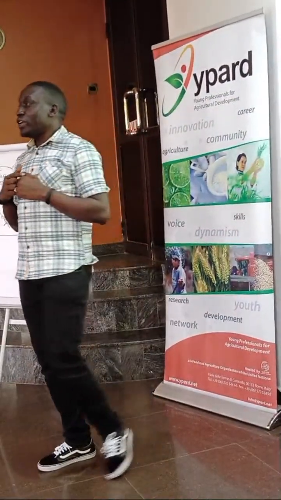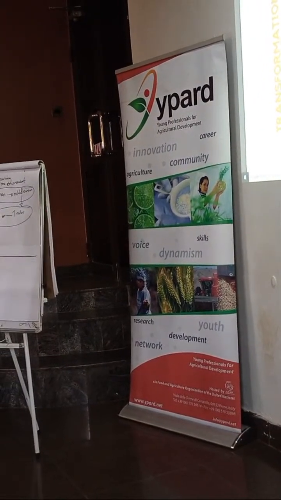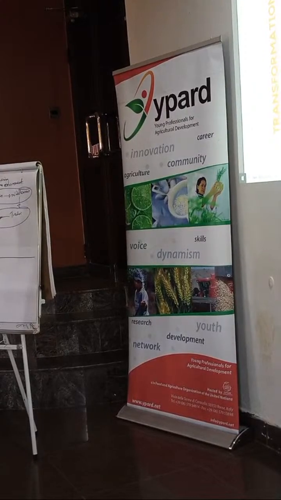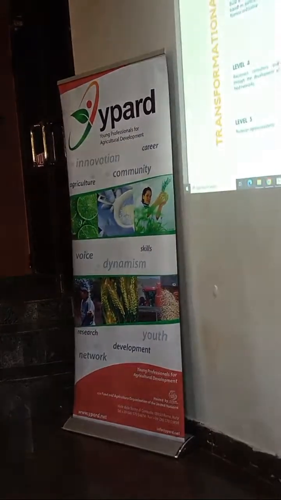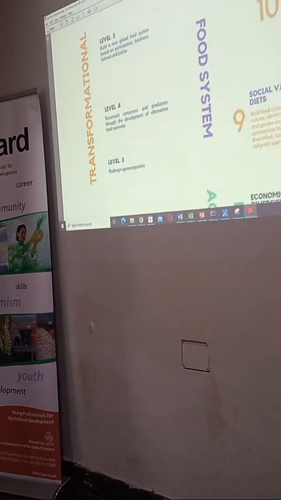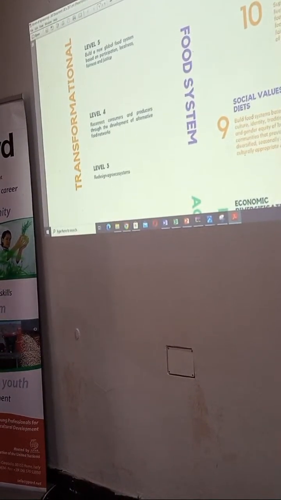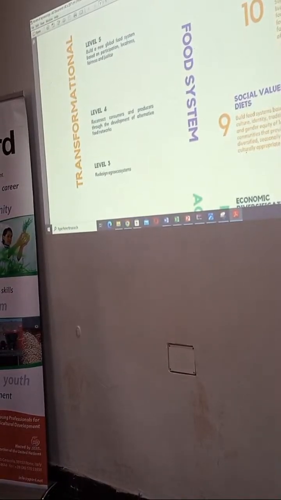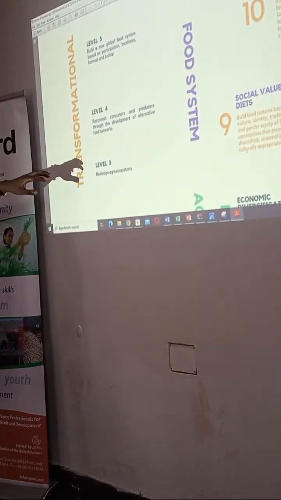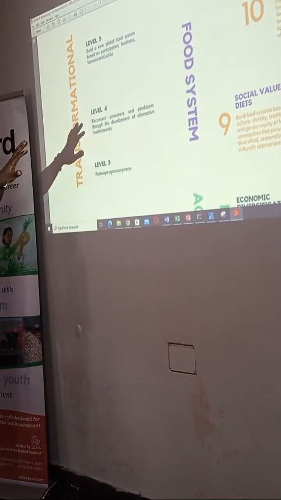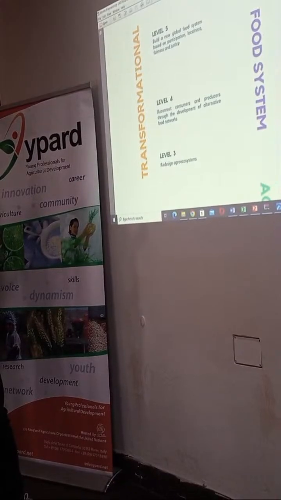But I believe if we push this very well, we can develop a system, a market system that protects both our financial interests but also our health interests. The problem that we have is that we joke about this in this kind of meeting, but we still go back to the same market and support the system that is not agroecology. We talk about all this in these nice rooms, but in practice, we still promote the other practice. So if you reach this level where we are able to reconnect consumers and producers and develop an alternative food network,